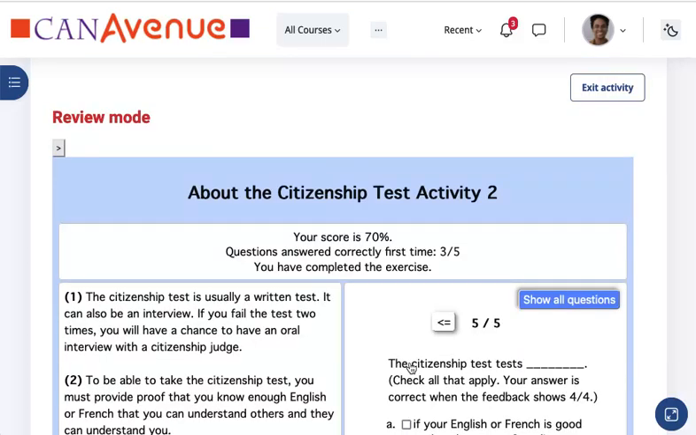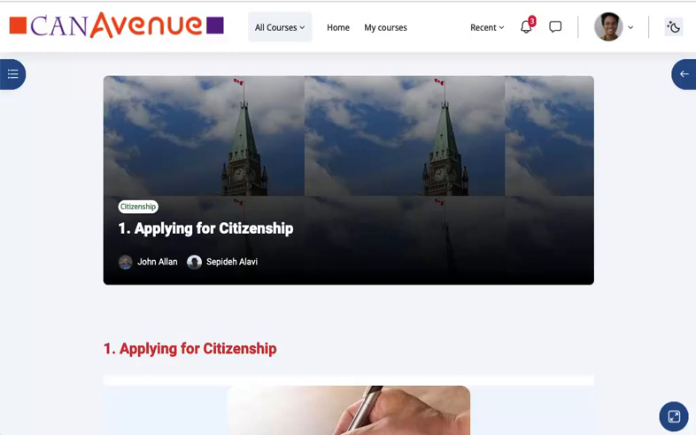To finish this learning activity, you must click on the Exit Activity button, which will return you to the unit you were on. In this case, 1. Applying for